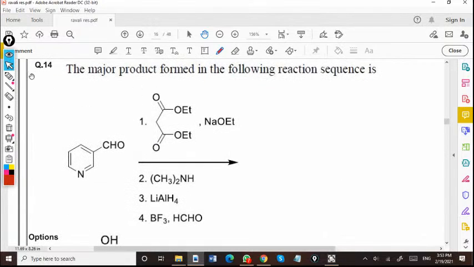So this is a pretty good organic synthetic reaction. In this, with the base, it's going to give Michael addition to the carbonyl. So this is going to attack here, so it will be this. So the resulting product will be